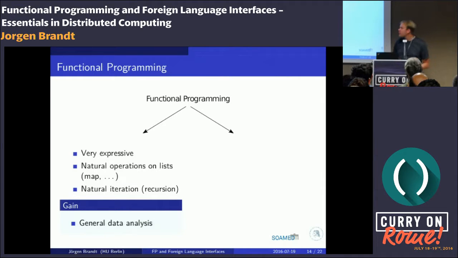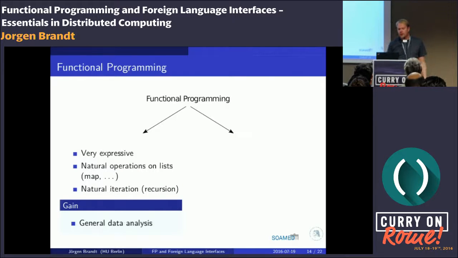And from functional programming, there's two things we can get. The first is that functional programming as a programming paradigm is very expressive. It's universal. Most of the functional programming languages can express any program. So this is something we want to have here in order to get rid of this limitation that DAGs can't express all the programs